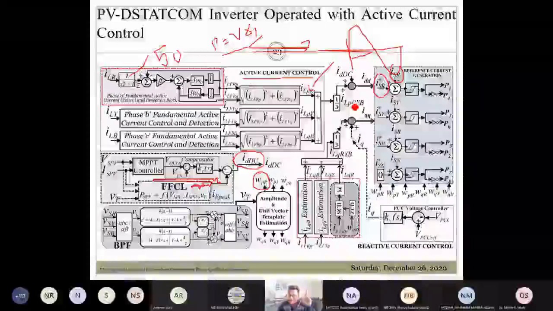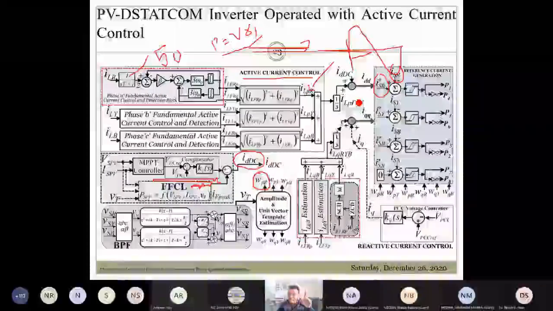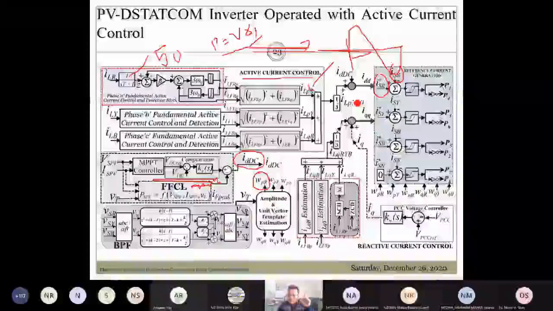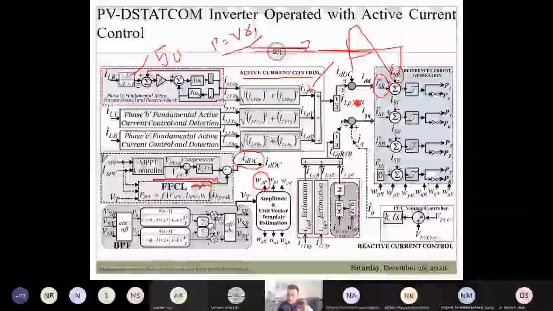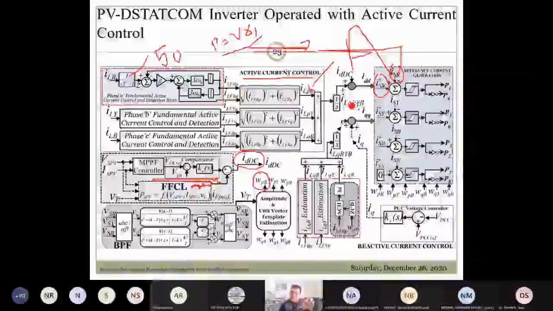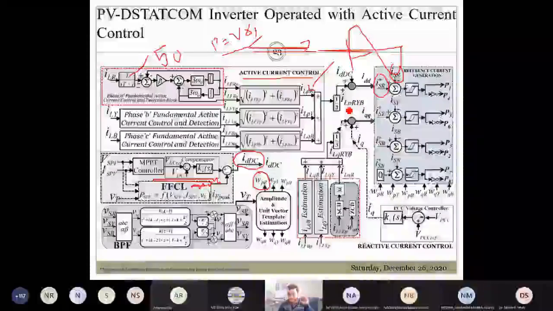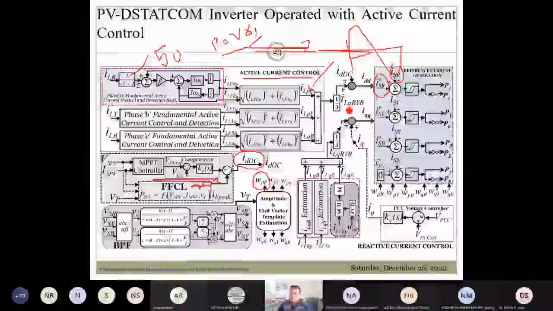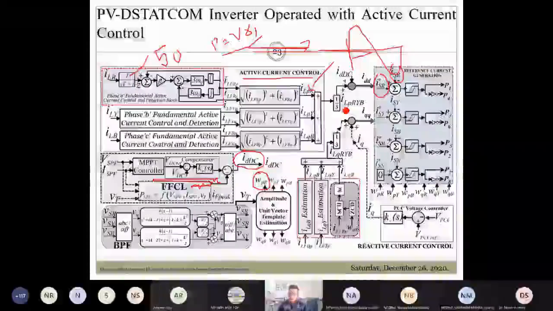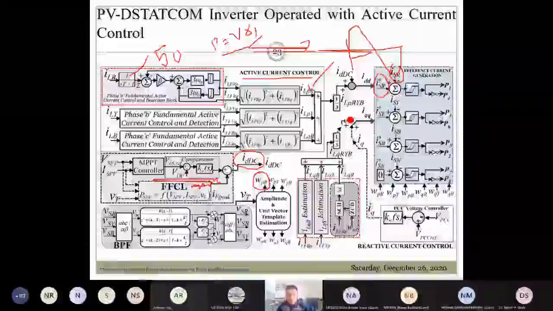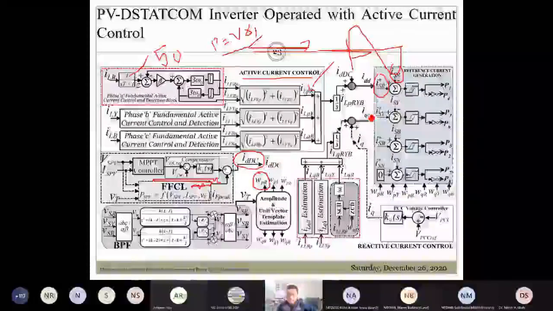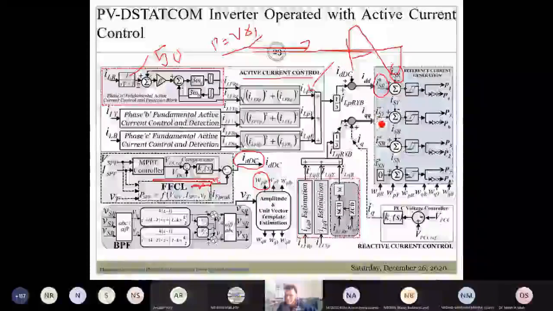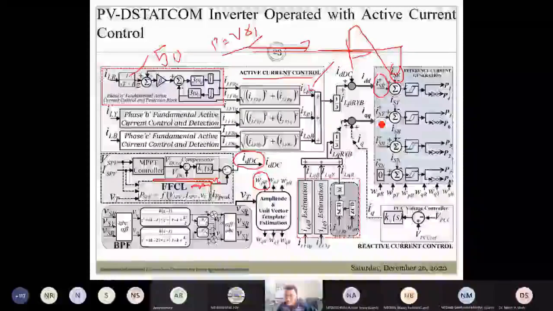The downward ramp cannot be controlled until and unless you install a battery energy storage system. So when I say downward ramp control, what does it mean? It means that if the system is subjected to an abrupt change in the solar insolation...